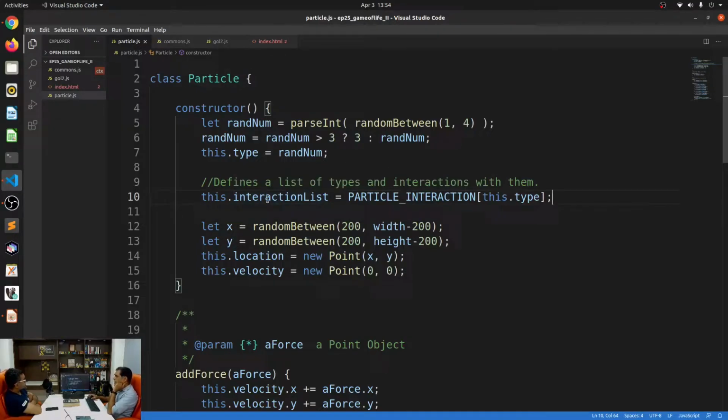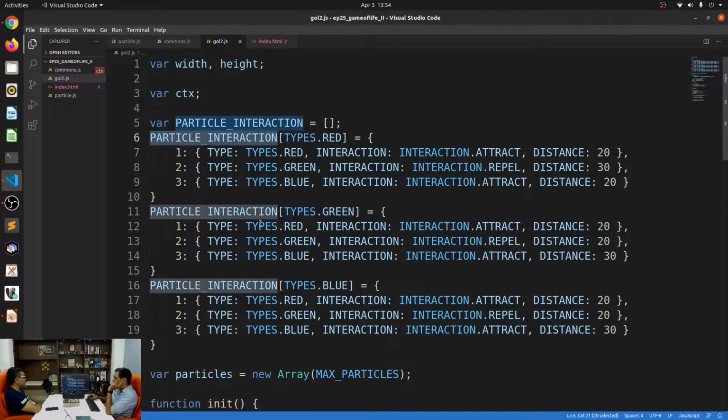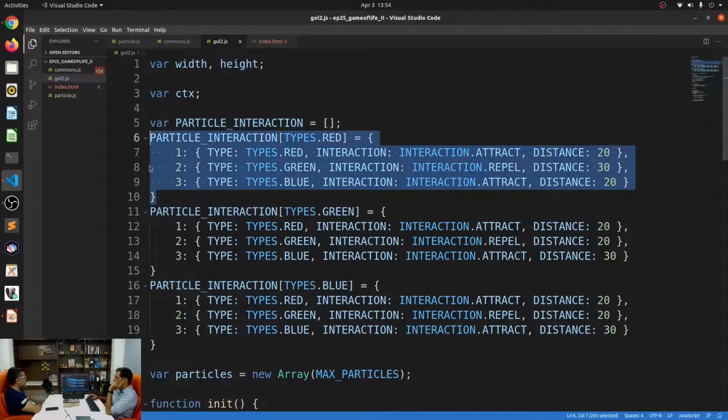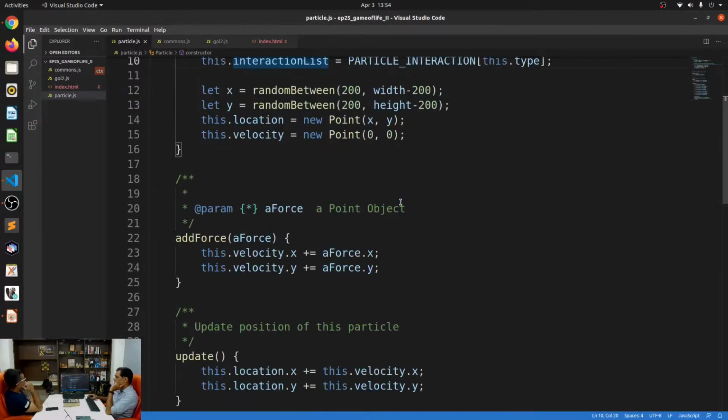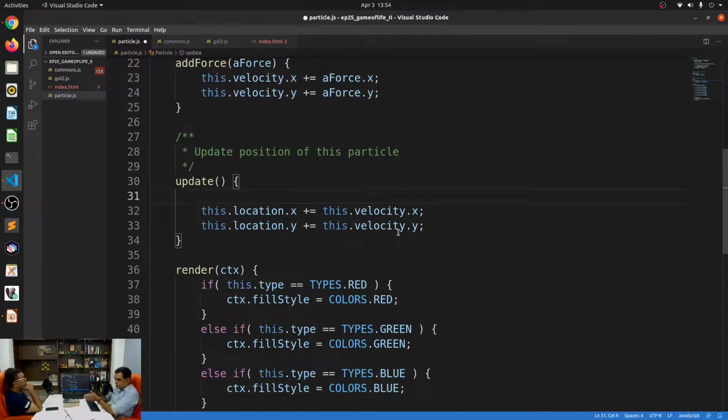This particle has an interaction list with other particles. If this is red, for example, particle interactions of red will give me this associative array, so it will know how it needs to interact with each other. All right, that being said, let's go to the update function over here, where we will start to define our interactions with other particles.